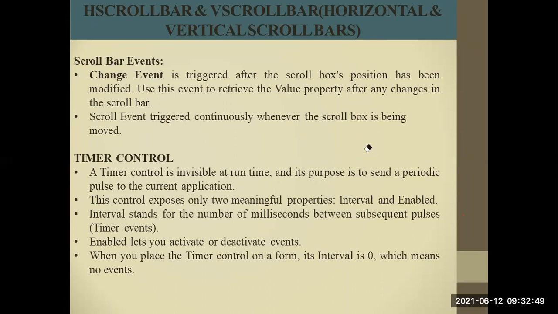The next is your timer control. Sometimes we need a timer in some applications where you have to place a timer. In that case, we can use this timer control. We can place a timer control. So what does a timer control say? A timer control is